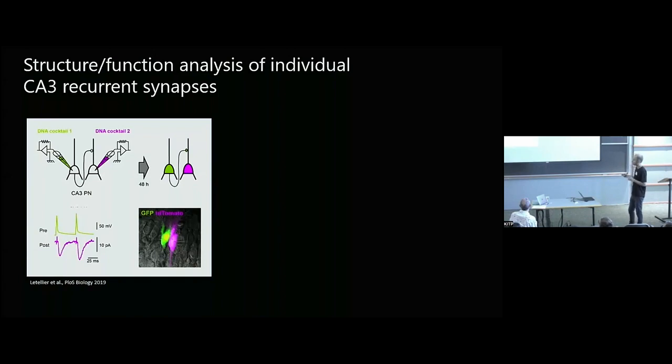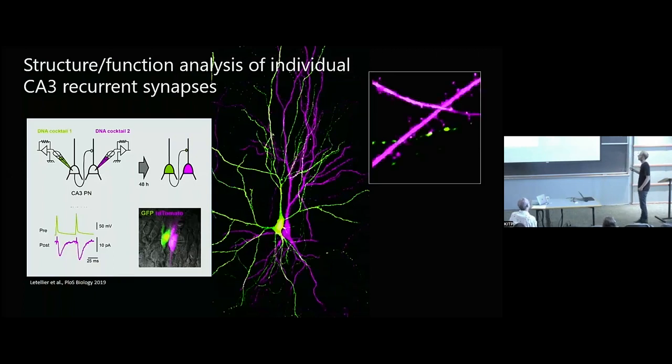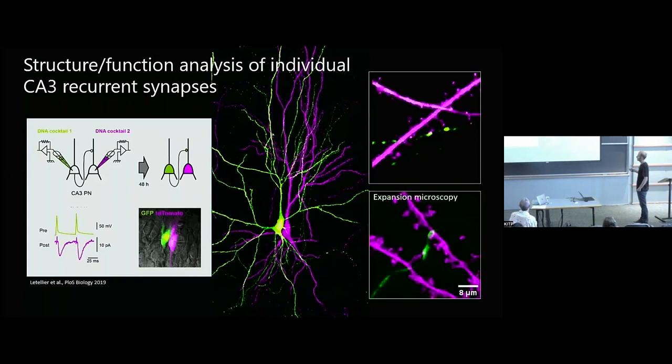After the recording, you can reseal the membrane by doing an outside-out configuration, and you can return the slices to the incubator. So the cells survive, and they express your constructs. Then you can analyze the morphological contacts, and you can even repatch the cells to do more electrophysiological recordings. And you can do that for several rounds, with an interval of a few days between each time point.